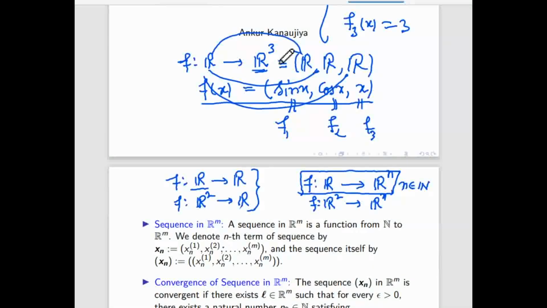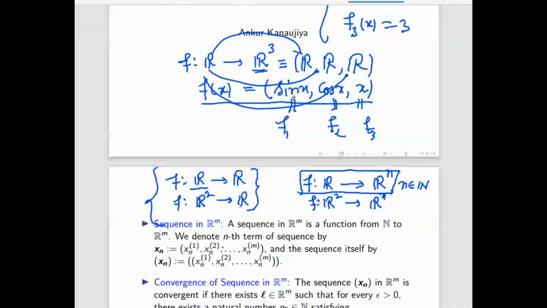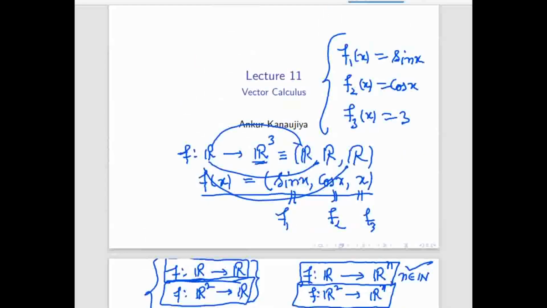Suppose here R2, R3, that means it is nothing but three different functions F1, F2, F3 from R to R, and you know how to check everything for R to R. So R to Rn you can always break into R to R. That's why we discuss this case first. First we have seen F from R to R. If you know this, you can deal with this type. If you know R2 to R multivariable, then definitely you can deal with R2 to even Rn also. R2 to Rn means it is n functions from R2 to R. Like in this example, it is R to R3, but that is the same as three different functions from R to R.